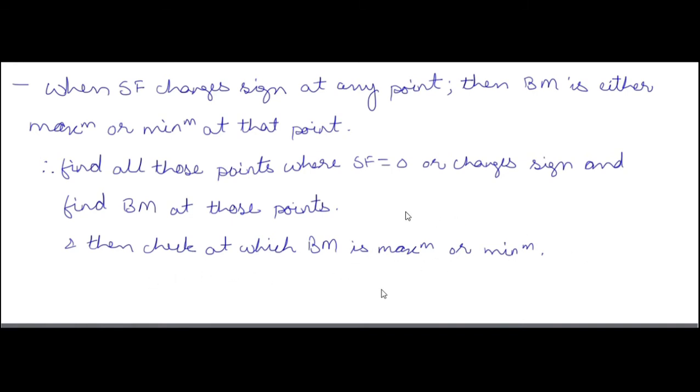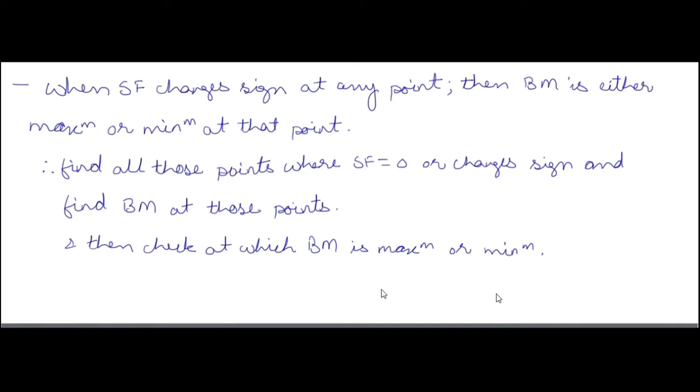So if you have to find the point where bending moment is maximum or minimum, you have to find those points, or you have to compute the maximum bending moment or minimum bending moment. So how to compute those points, or how to mark those points, at which point we will have the maximum or minimum bending moment. This condition will occur at those points where shear force is 0 or changes its sign, means from the